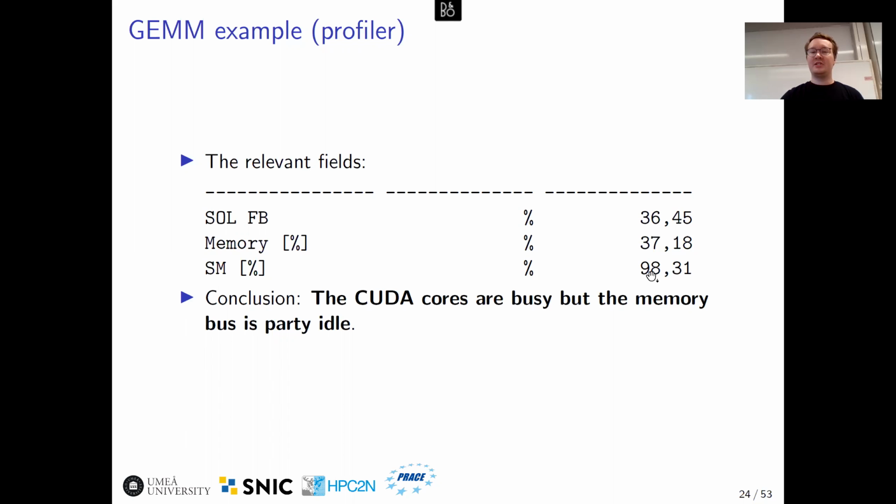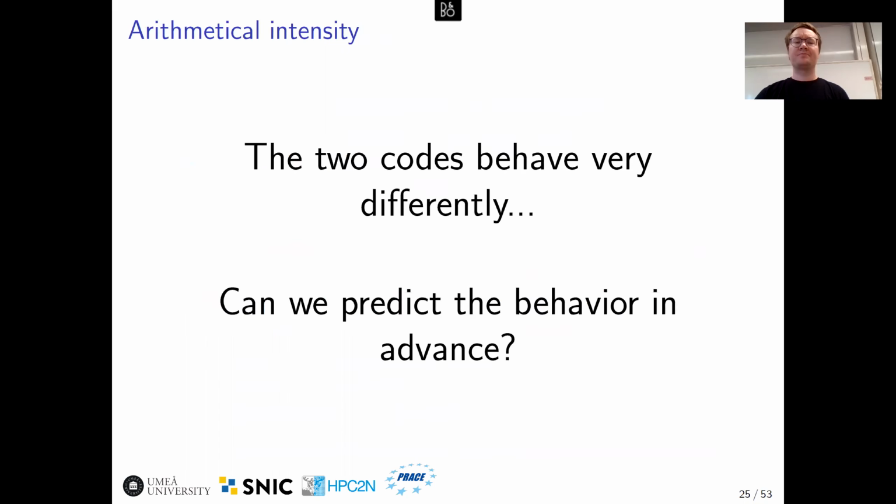So clearly for this code, the CUDA cores are working really hard to do the necessary computations to perform the matrix multiplication. So these 2 codes end up behaving very differently. And now the next question is, can we somehow predict this behavior before we actually go and implement the code, run it, and then run it through a profiler to get to know what type of code we are working